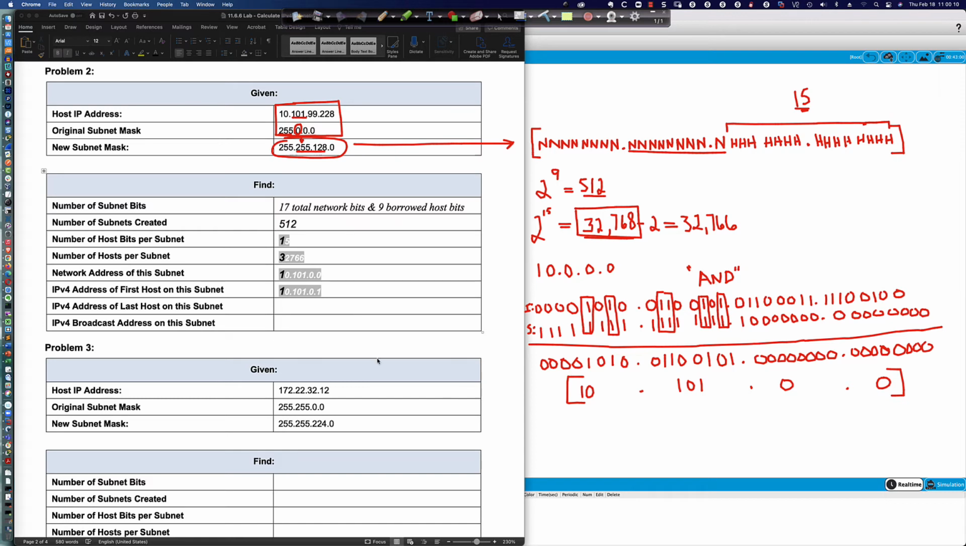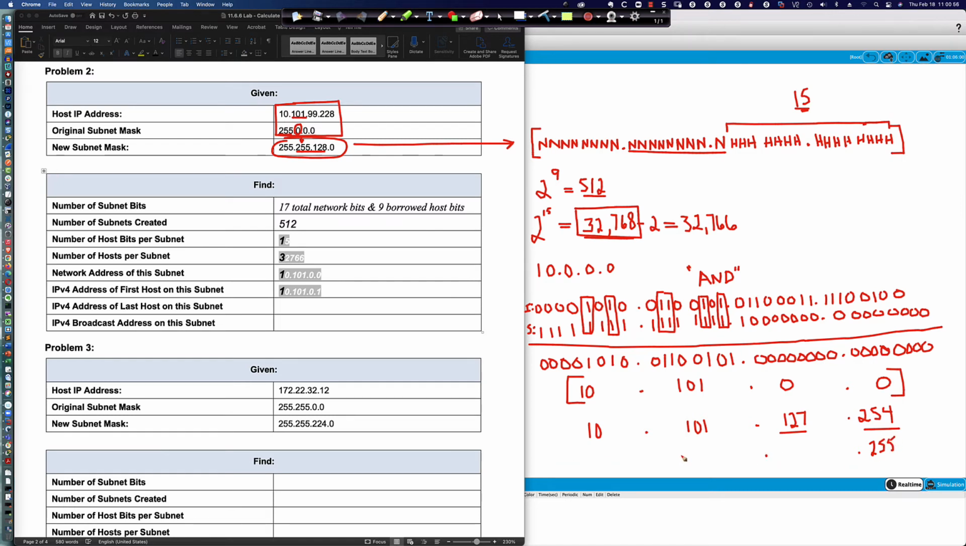Here. So we know the first address, and actually it might be easier to talk about the broadcast address. Oh, actually we'll do the last address first. So if this is the subnet mask, then the last address is going to bring us up to 10.101.127.254. And that would be our last usable address, right? Because we can see that the subnet mask starts here at 128, right? And then 0. So we know it would be 127 and 254,